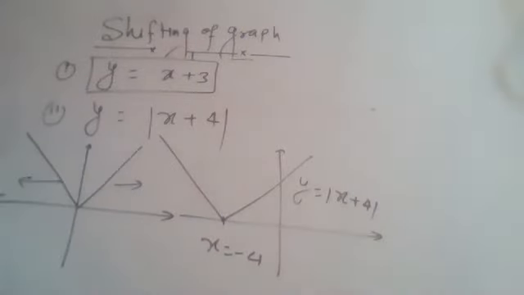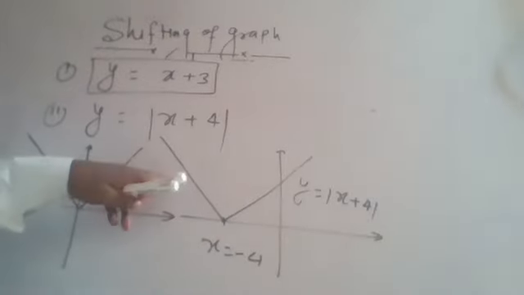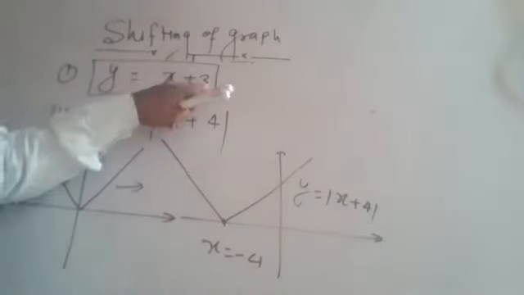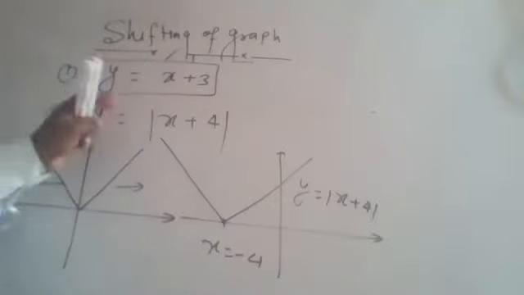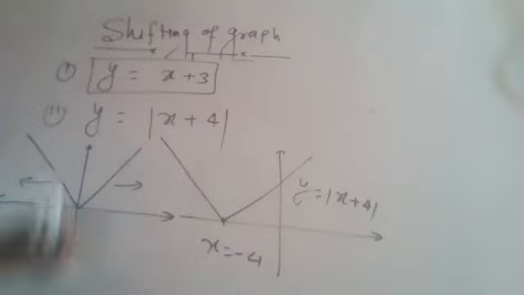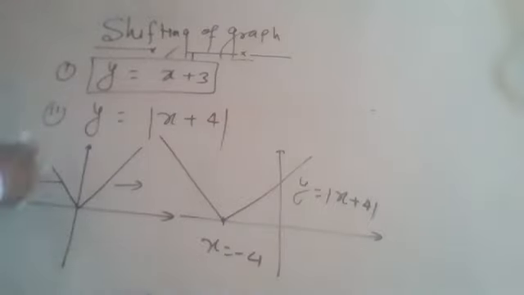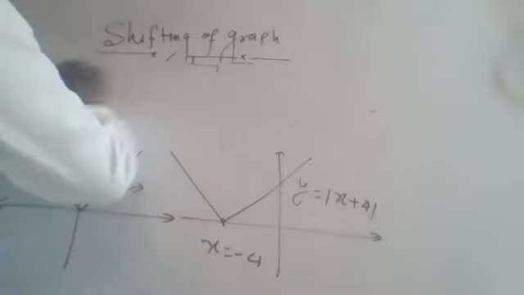So the easiest step to draw the graph of such type of function is by shifting the graph either along positive x-axis, when the constant is subtracted from the variable, or along negative x-axis, when the constant is added to the variable. Okay, everyone, just write down the examples based on shifting along x-axis.